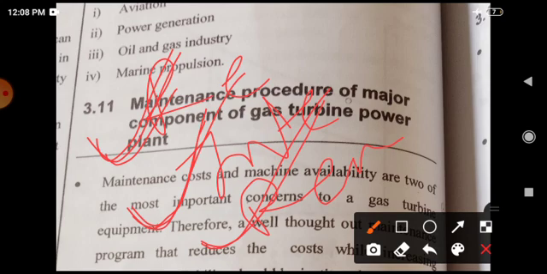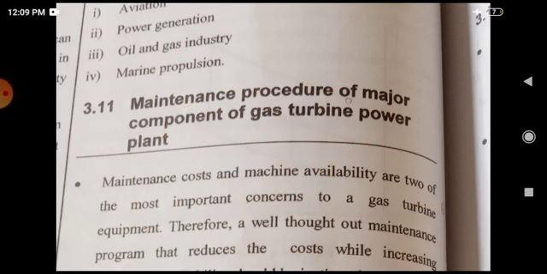And then next one is reheater. In case of reheater, we compress the air, add the fuel into it, expand it on the high pressure turbine, and then the exhausted gas from that turbine is again added with some fuel or air. That means it is again heated and again expanded on the low pressure turbine, so as to increase the work output. In this way this gas turbine works.